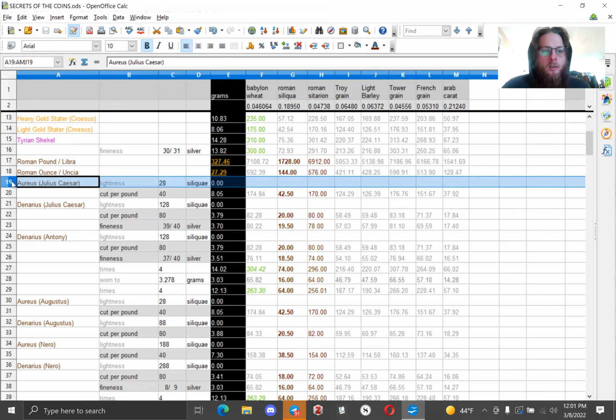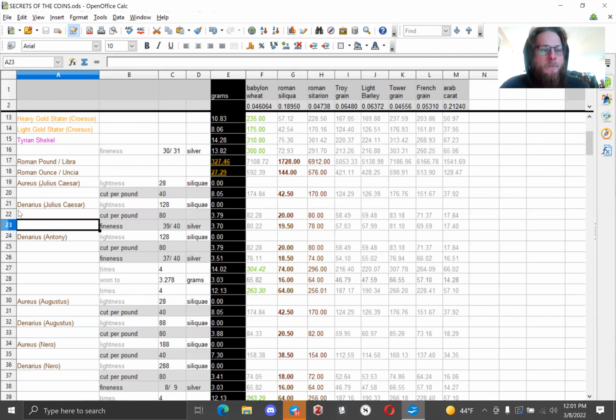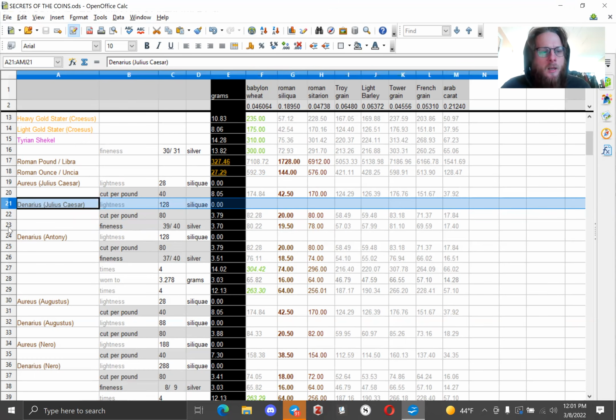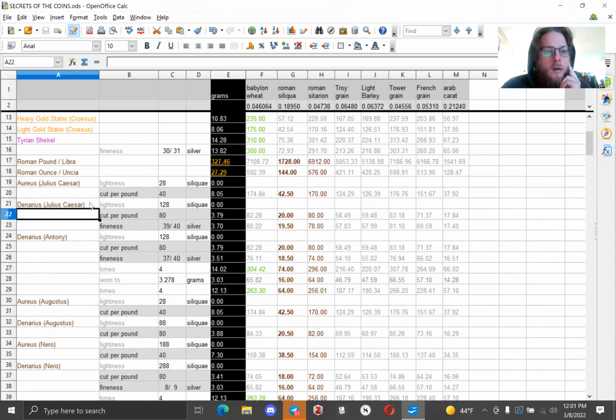Now, Julius Caesar introduces a gold coin. We're not going to talk about that right now. That would be an additional piece of the puzzle. We're really mainly interested in the interface between silver and bronze for this discussion. So he also has this denarius. Here, in order to describe the coin, and this is not a description of every empirical coin but a description of the standard, this is a theoretical coin. This is what it's supposed to be. It differs a little bit in practice, but we won't get into that. There's a characteristic distribution of how the coins look.